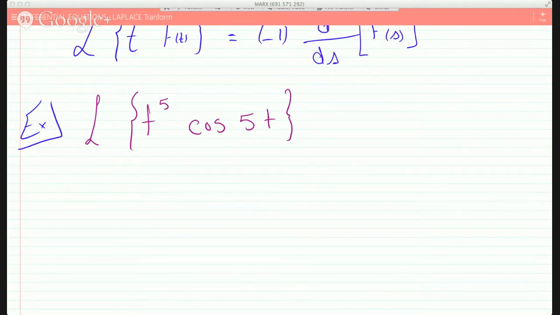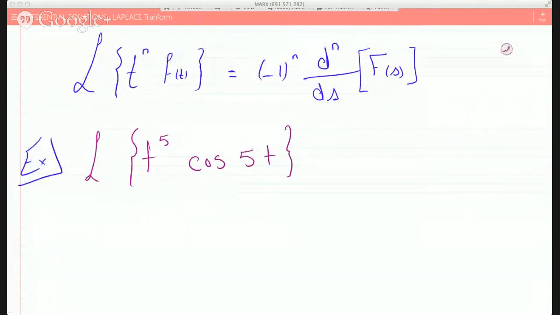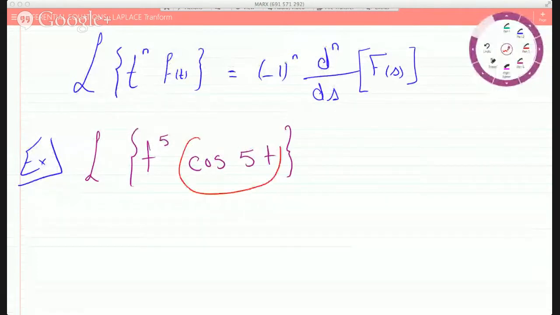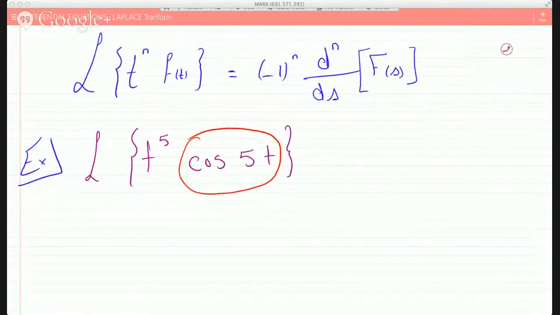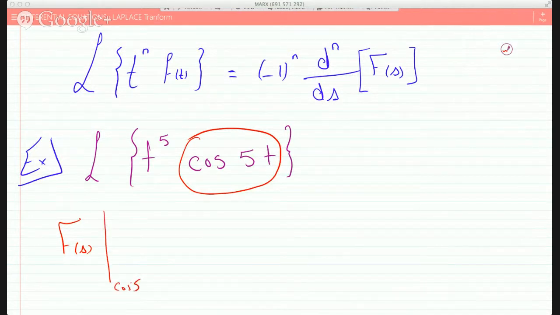So what this theorem allows you to do, it says, okay, great. This is your f of t. Go and find the Laplace of that. So we're going to find F of s for cosine 5t. And the way you do this is here you don't have to integrate. You can use the table of Laplace transforms, where the cosine